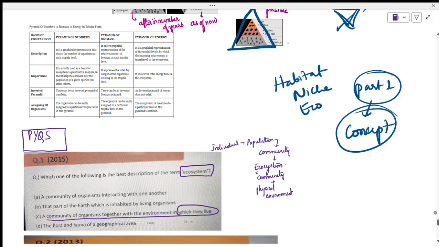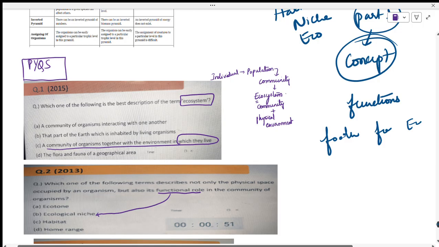So then we have seen what are the types of functions of ecosystem. Then we have seen food web, food chain, then ecological pyramids. Then we have seen 10% Lindeman's rule,